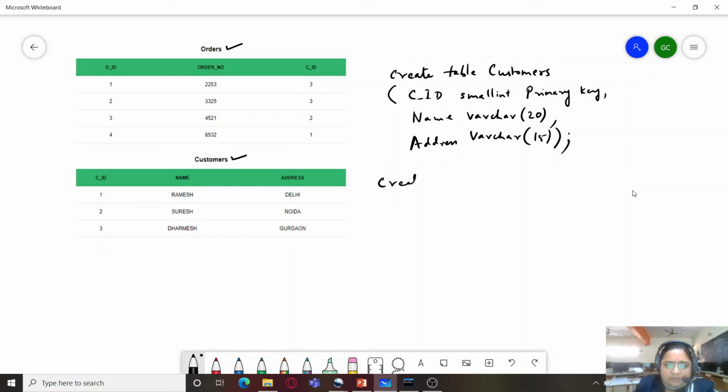So create table orders. Now within the orders table, we already have a primary key OID, that is order ID. So I'll be writing it like this, small int primary key.